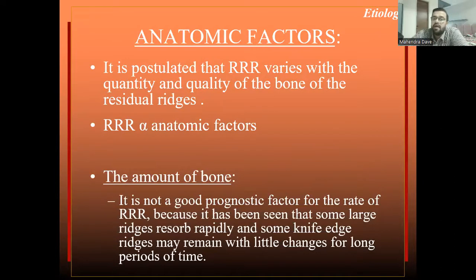So, anatomic factor. It is postulated that residual ridge resorption varies with the quantity and quality of the bone of the residual ridge. Residual resorption is directly proportional to the anatomic factors. The amount of bone is not a good prognostic factor for the rate of residual resorption because it has been seen that some large ridges resorb rapidly and some knife edge ridges may remain with little change after a longer duration